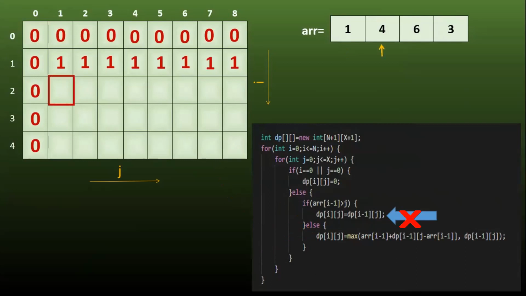Now we will take the second element, which is 4. Since the current j value is less than 4, there is no question of two scenarios. Only one scenario is there, that we will discard the value and simply put the value which is at the top of this index position. Similarly, we do for the other values till j is less than or equal to 4. Now that j is greater than or equal to 4, we consider both the scenarios and fill the maximum value in the current index. Similarly, we perform the same execution for other values, and ultimately the final result is stored in the last index of the matrix.